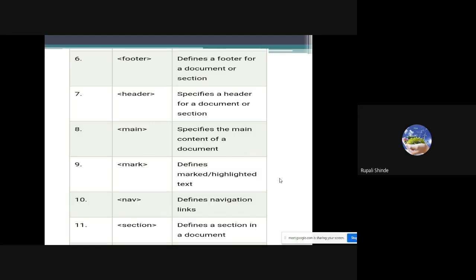It is the same as a hyperlink, where we move from one document to another document. But suppose I have one web page, and out of that particular web page I want to access some part only. At that time I am going to use the navigation. Simply remember that if you want to access a specific part of a website or a specific document, then we use the navigation or the nav element. Then section, if you want to include a section in your document, then you can use the section tag.